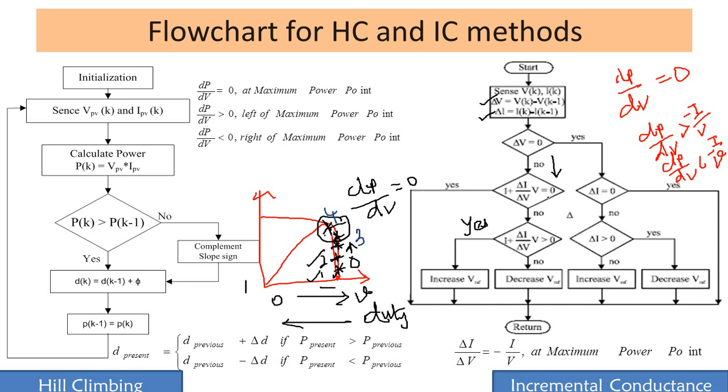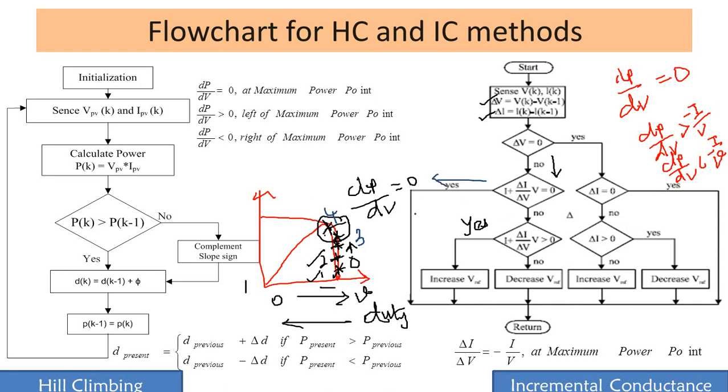It enters down where I plus del I, by this condition, dP by dV is, yes, of course it is equal to 0. Why? Because at the fourth point it has reached MPP, it has reached the slope. Here it is going to be 0, so it is yes. Now the condition is accepted, yes.